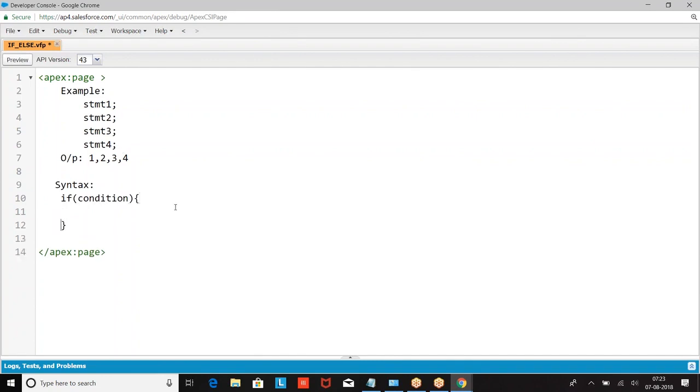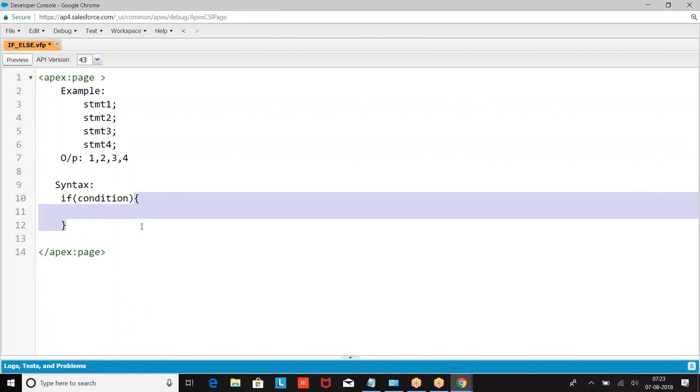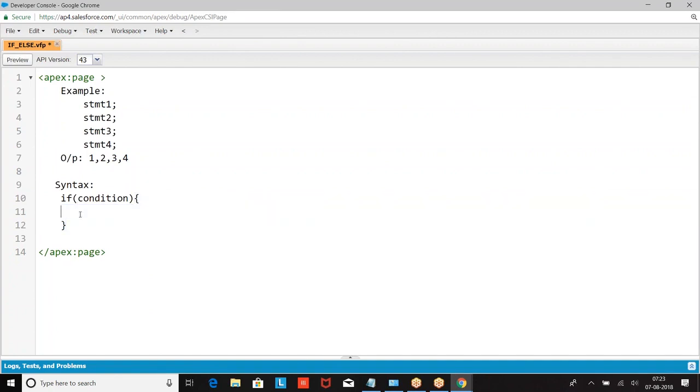Now what is this flower bracket called? The scope of if. The scope of if is going to run when the condition is true. When the condition is true, run the scope. If the condition is true, then we are going to execute the logic.